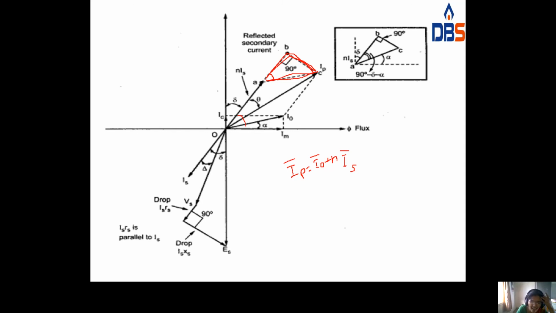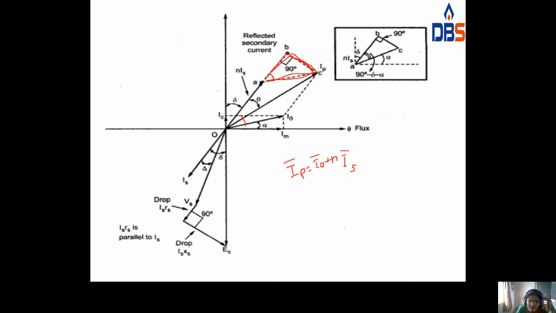Here you have to assume the angle between EP and N into IS is zeta, and the angle between N into IS and IP will be theta, and the angle between I naught and IM will be alpha. Here, whenever you extend the reflected secondary current to that point P,